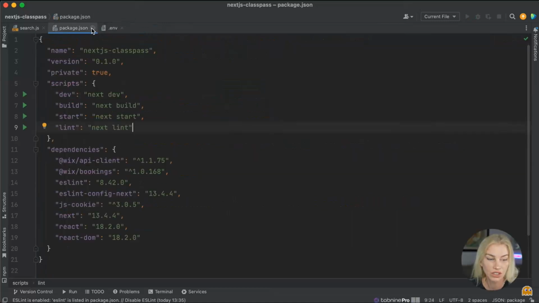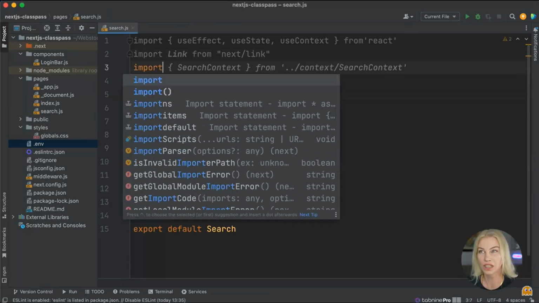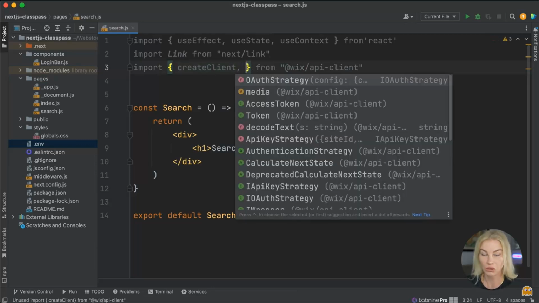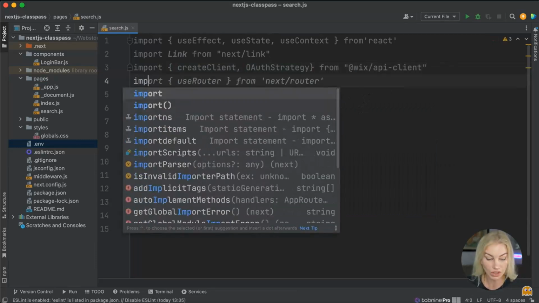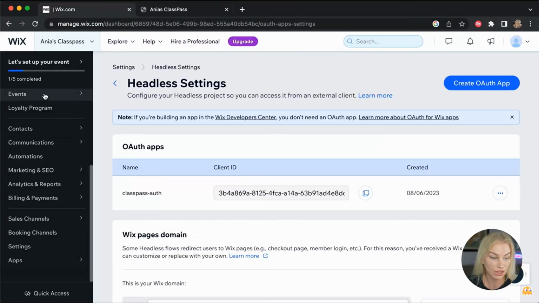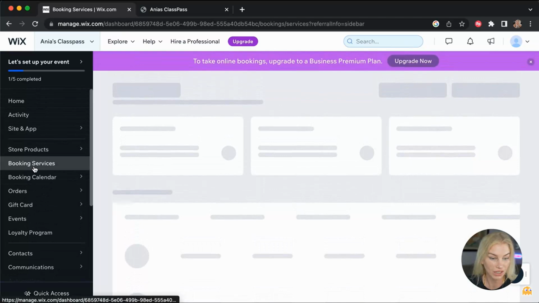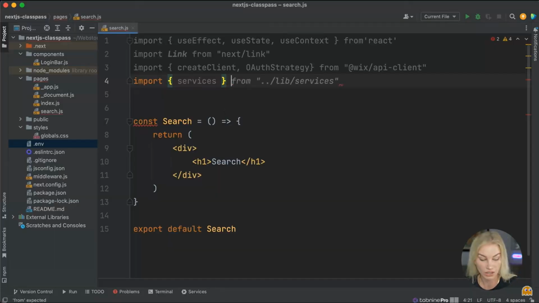Let's shut that down. Shut down the package.json. Shut down the .env. And let's work on the search page. Okay, so let's carry on importing. I'm going to import, once again, createClient and also OAuthStrategy from Wix API client. I'm also going to import services, as that's what we need to get. Services are essentially the thing that we are searching for, right? Because here under booking services, these are my services, right? These classes are my services. So that's what I'm getting, import services from